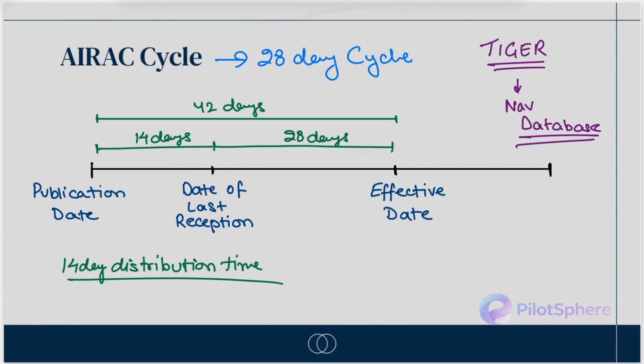Now, the navigation database isn't going to be immediately used from that point forward. It will only take effect when the 28 days have completed, on the effective date. As soon as it is the effective date, the database will change and will begin using the new changes and everything else that was added. All of the new changes are going to take effect. So this AIRAC cycle ensures that everybody has enough time to make the appropriate changes and then be on the same page when the change is finally made official.